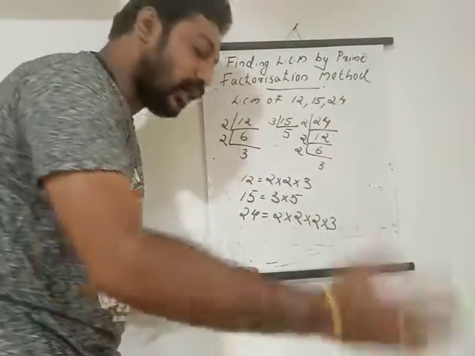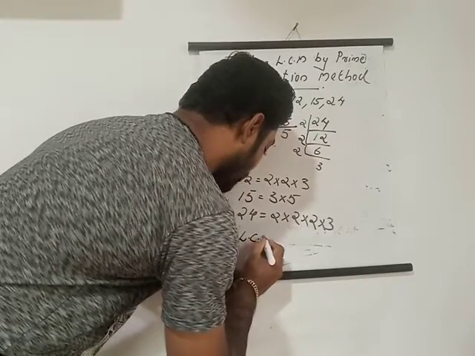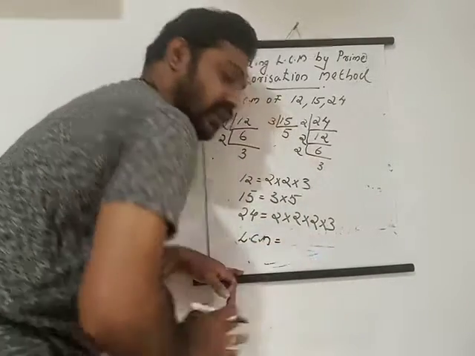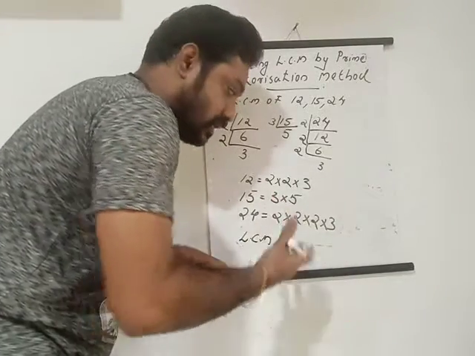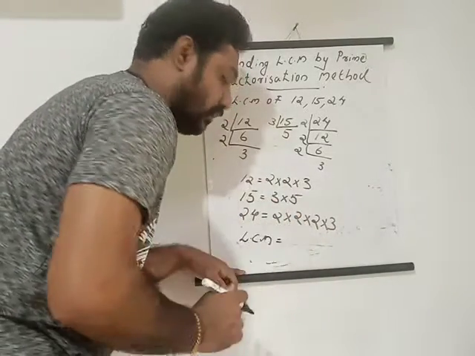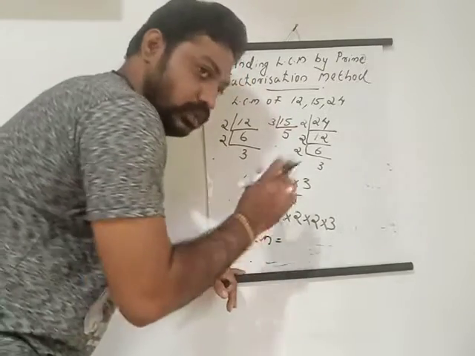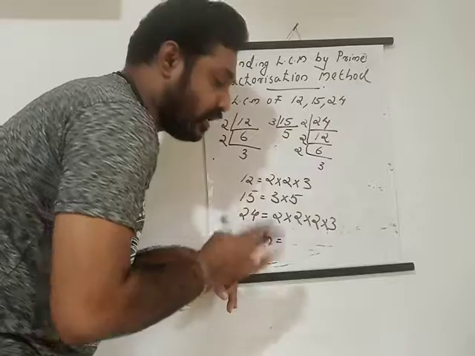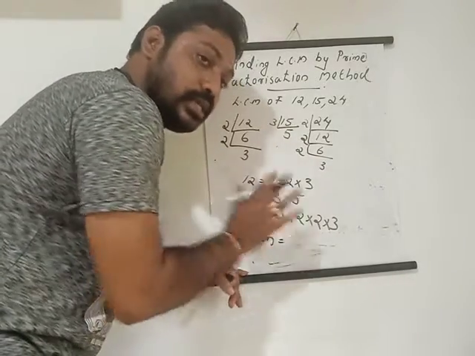Okay, so what do we have to do to find the LCM? I told you we have only three numbers, 2, 3 and 5. They are repeating, that is okay, but there is no other number except 2, 3 and 5. So to find the LCM, we first take 2, isn't it? In which step is 2 repeating the most, or in which one are there more 2s?